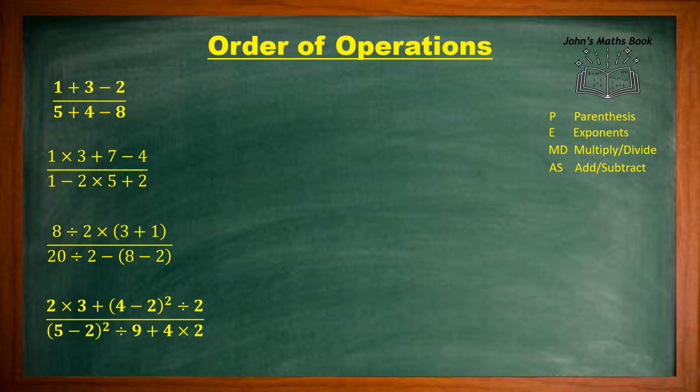So in our first example, we have in the numerator 1 plus 3 minus 2, and in the denominator we have 5 plus 4 minus 8. So let's look at the numerator first, and we see we have an addition and a subtraction. And we know from the order of operations, or PEMDAS, that the addition and the subtraction operation have equal status. So that means we can just work from the left to the right. So for the numerator, 1 plus 3 gives 4, minus 2,